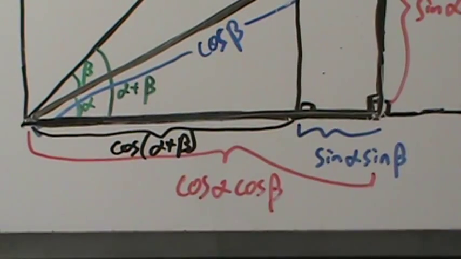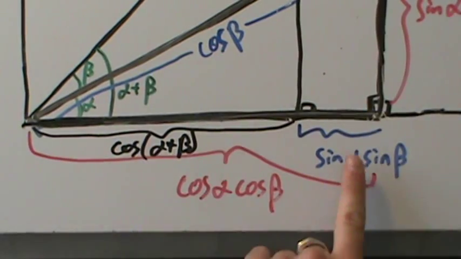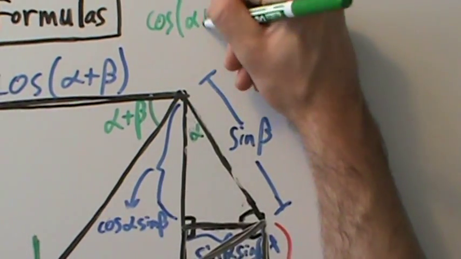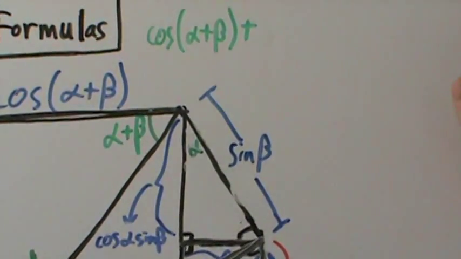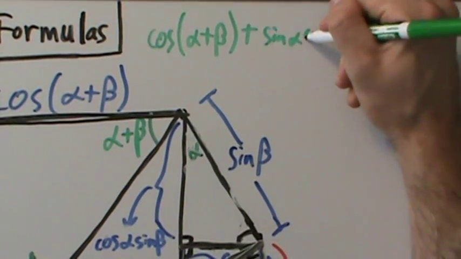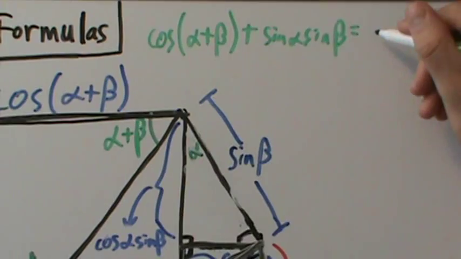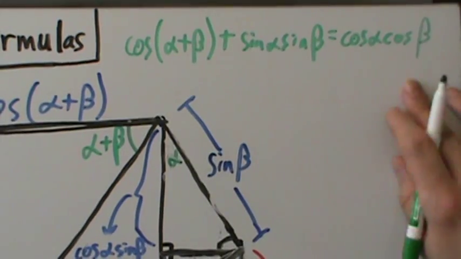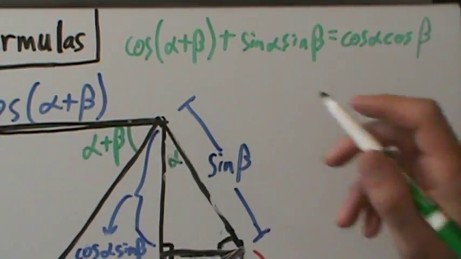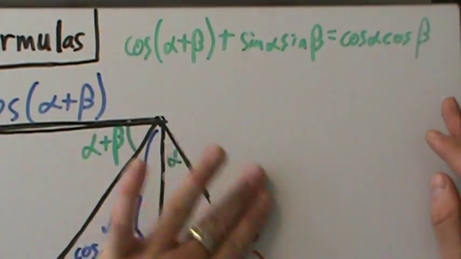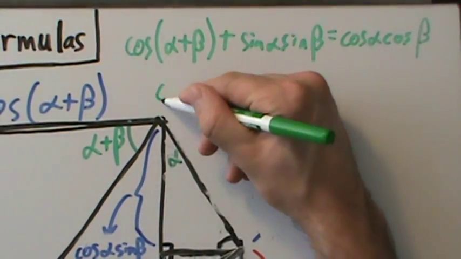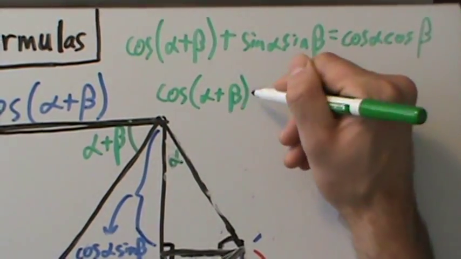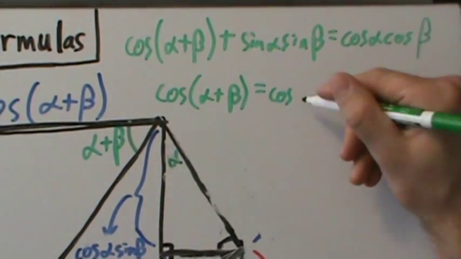We're pretty much out of room, but let's come up here. So cosine of alpha plus beta plus sine alpha sine beta equals cosine alpha cosine beta. Now, of course, that's not how the formula is stated. So if we subtract sine alpha sine beta from both sides, we can erase this, we don't really need it. What we end up with is cosine of alpha plus beta equals cosine alpha cosine beta